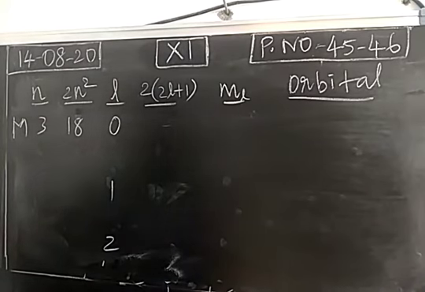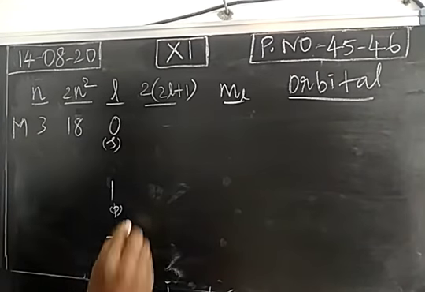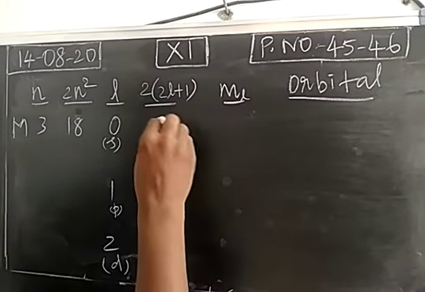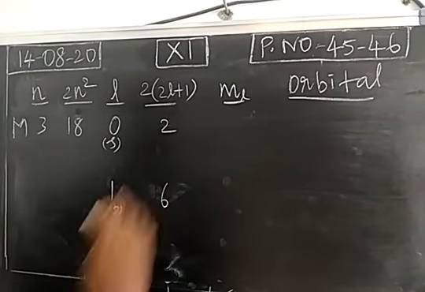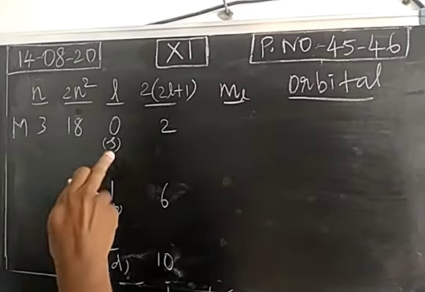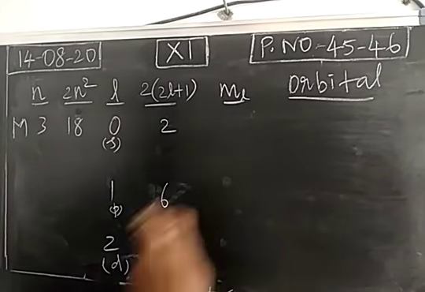Then number of electrons in the subcell. So this is S subcell, this is P subcell, this is D subcell. If you substitute 0, the value will be 2. Substitute 1, 6. Substitute 2, 10. So maximum 2 electrons will be in S subcell, 6 electrons in P subcell, 10 electrons in D subcell. Possible magnetic quantum number: